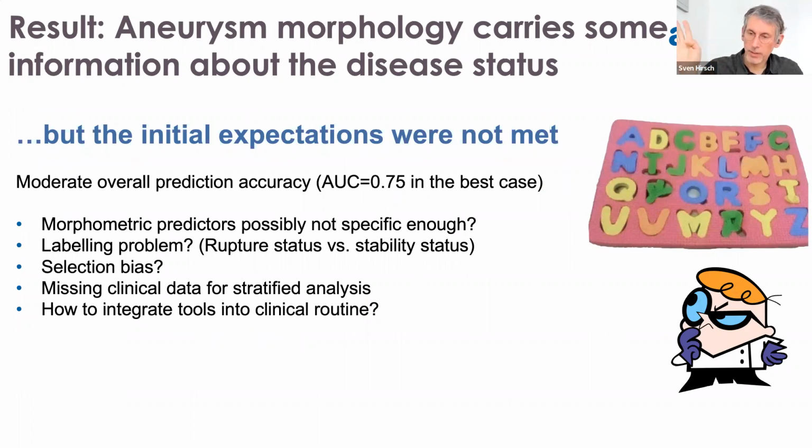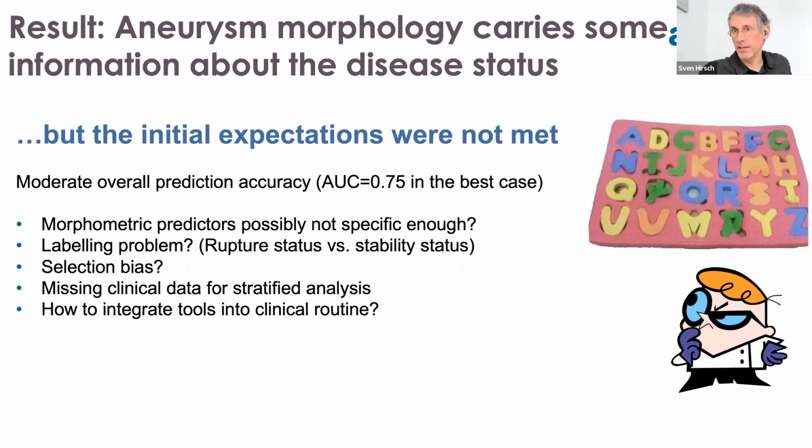You have to understand we are doing that on 3DRA. You always have to understand that in brackets. That means it's not on screening data. We always have an aneurysm and a 3D replicate of it, and then we know whether this aneurysm has ruptured or not. What you're trying to do is to say, can you detect that from the image? Is it a cat or a dog, so to say? But it's not that you have an unruptured aneurysm that you can predict. That's always the underlying hypothesis from everybody in the field, that if you're able to do the one thing, then you can also predict if an unruptured one will rupture, which is not the case, though, which is a problem.